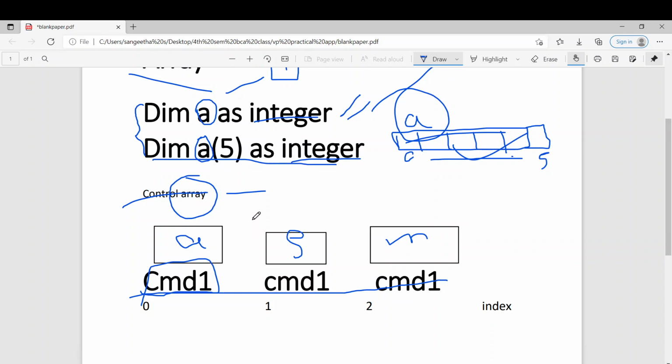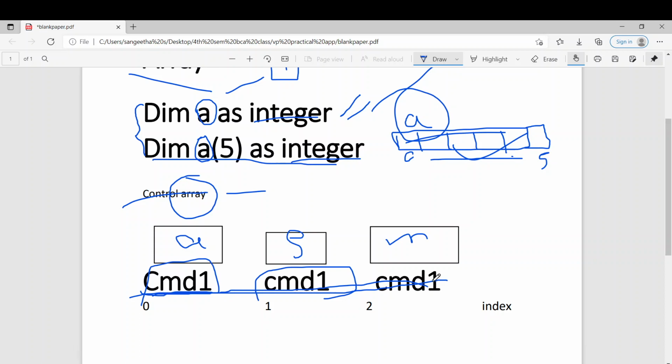When you do so, it will ask a pop-up message that there is one more button of the same type. Do you want to create a control array? If you give no, you have to change the name of the command button you placed on your screen. If you give yes, it will maintain any number of commands under a single name. That is called a control array.